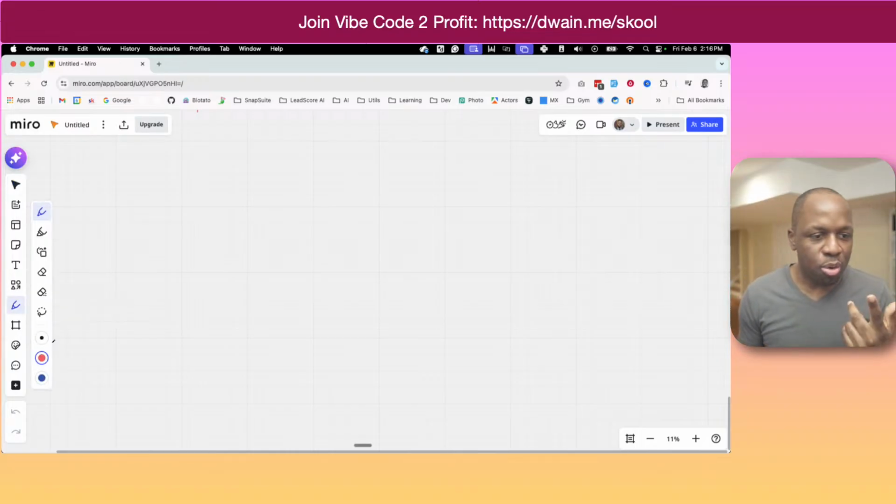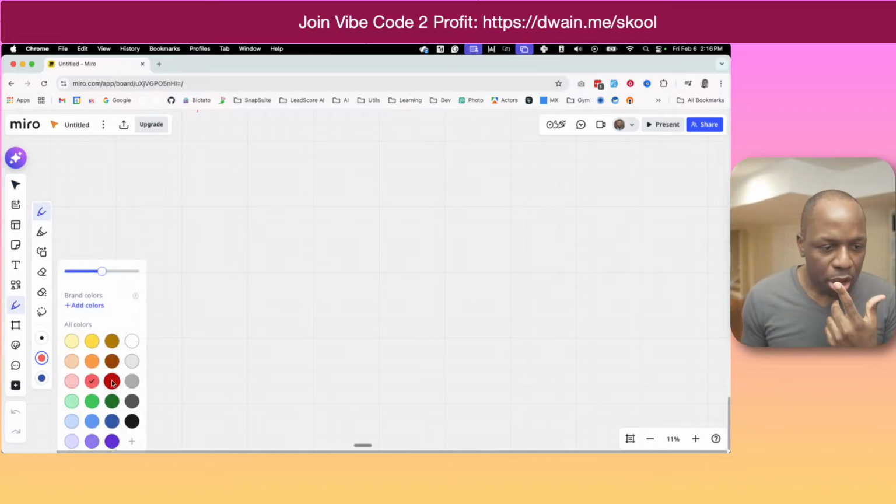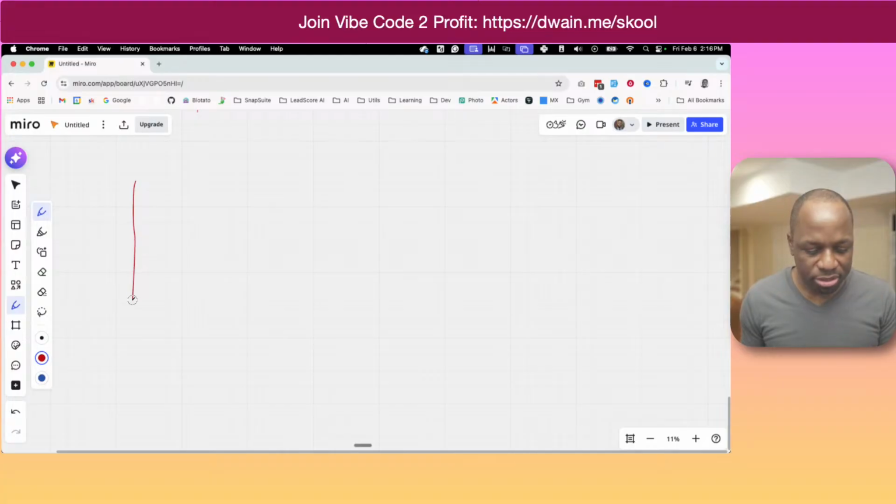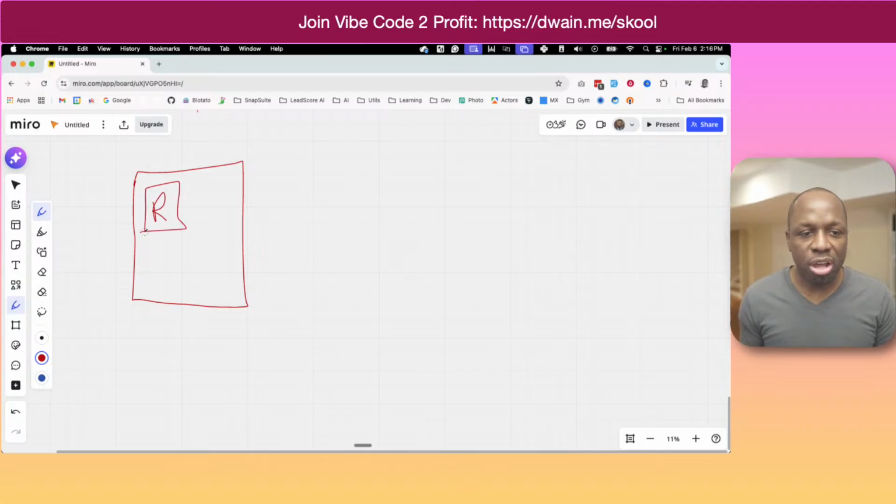Just so you understand how to think about it, let's say this is your front end. Do it in React, because the AIs are really, really solid in React. Okay. Put Cloudflare.